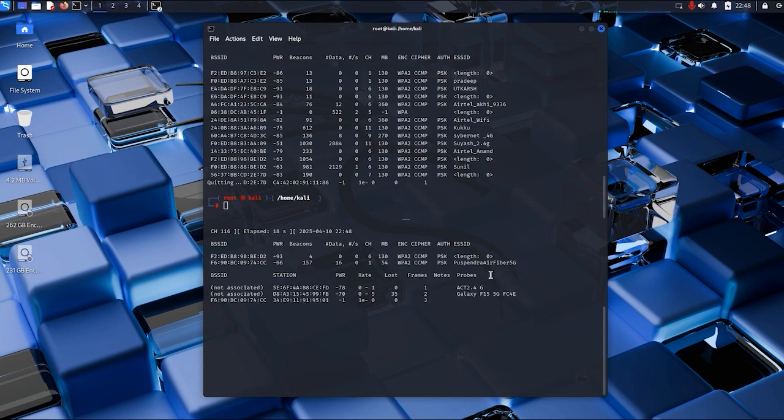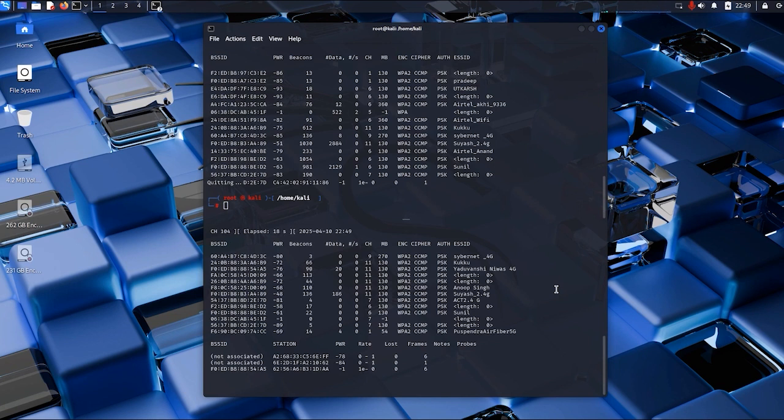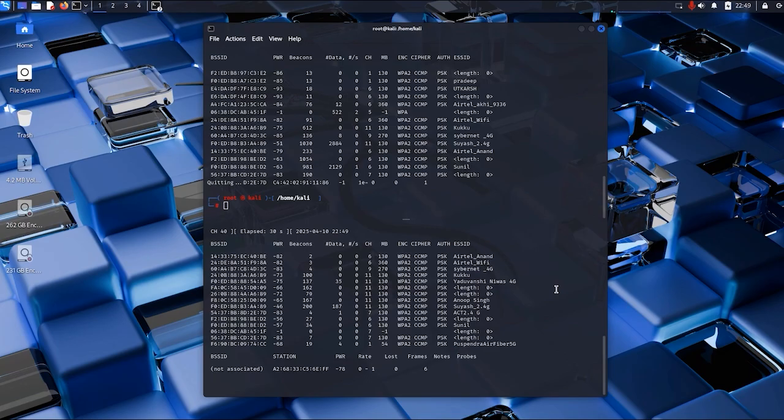So as we can see, it recognized only one network with 5 GHz frequency. I don't know how it recognized it because my network adapter doesn't support 5 GHz frequency. And now let's stop it right here and we will try another command. We will just use abg here and we will hit enter, and this will show us all the networks that our network adapter is capturing.